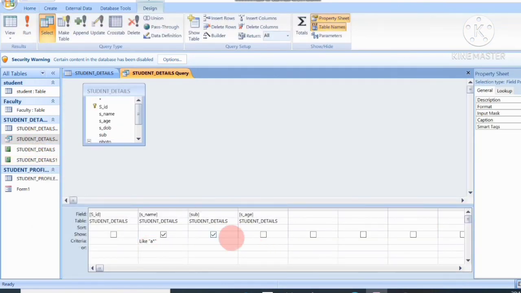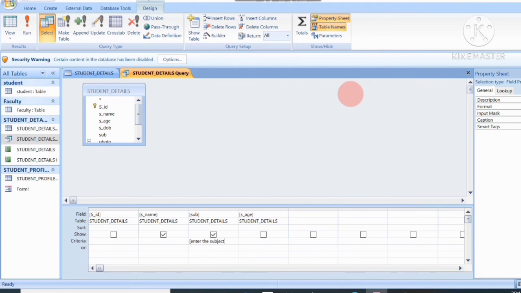Now I am going to give some criteria for this subject. So for this I am giving this square bracket, then enter the subject.